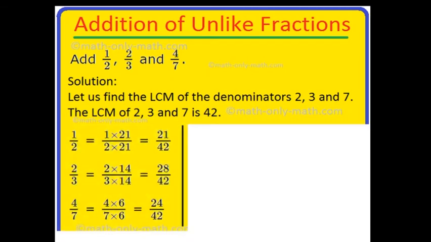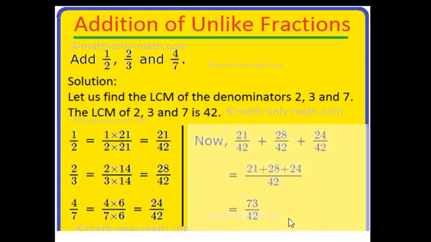42. Now if I take the first fraction 1 by 2, how will we do it? Our denominator will be 42. What will we multiply here? 2 multiplied by 21. So what will we get? 42. It means 42 in the denominator, the LCM is the same here. Now what do we have to do? In the denominator we are multiplying by 21, so we also have to multiply the numerator. So we are getting 21 upon 42. Same as here for 2 by 3 and 4 by 7 also.